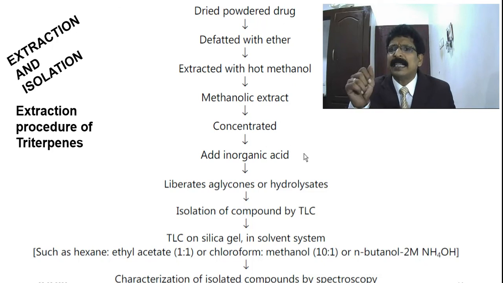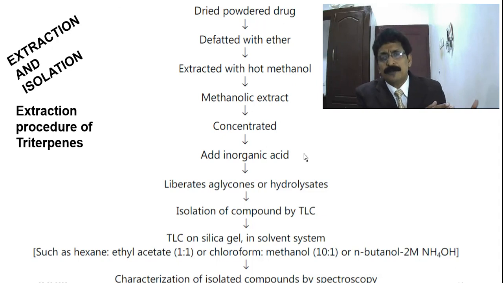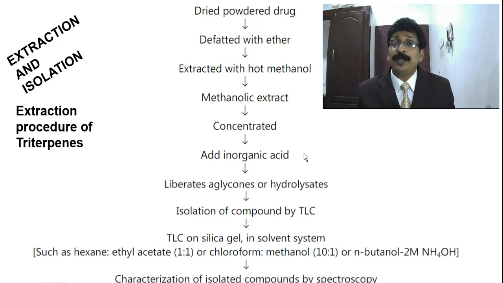What do you mean by characterization? Elucidation, identification of the structure can be done by spectroscopy methods. What do you mean by spectroscopy methods? There are many. Last class also I told you from the beginning, I am telling you every time. So you have to know what spectroscopy is. It is not only UV spectroscopy or colorimetry.